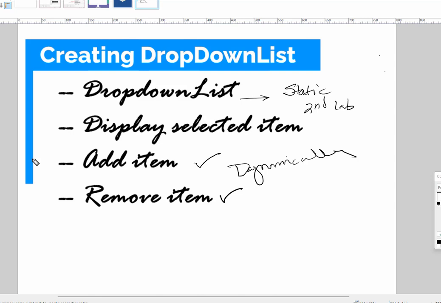This will help you later on if you create a database. When we create a database and we want to add items or remove items, add items to the database and remove items from the database using the drop-down